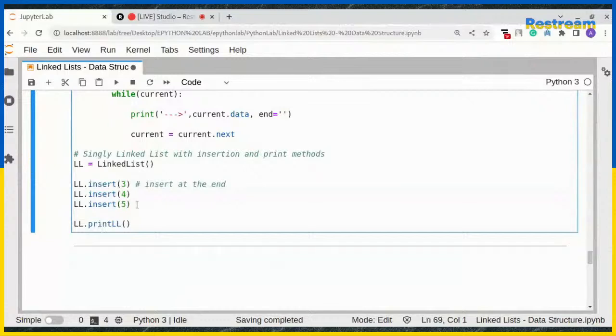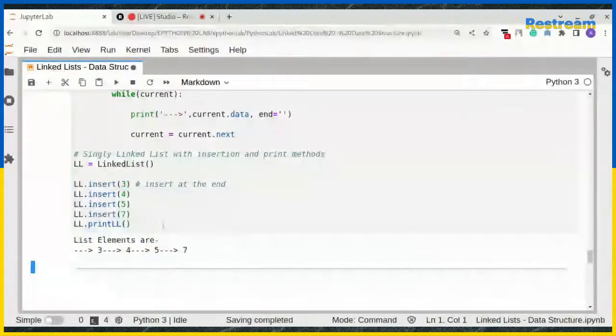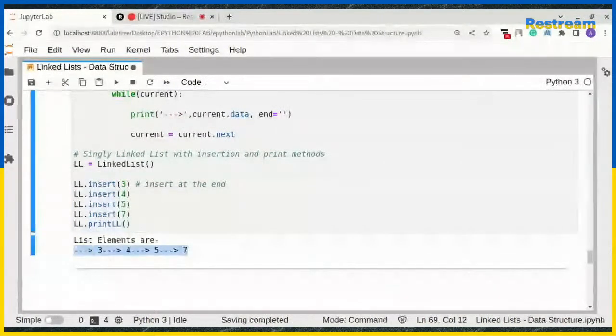Let's print this out, and 3 is added, 4 is added, and 5 is added. Now I can add one more by calling insert with 7. It adds to the end. This implementation of insertion is adding an element at the end of the